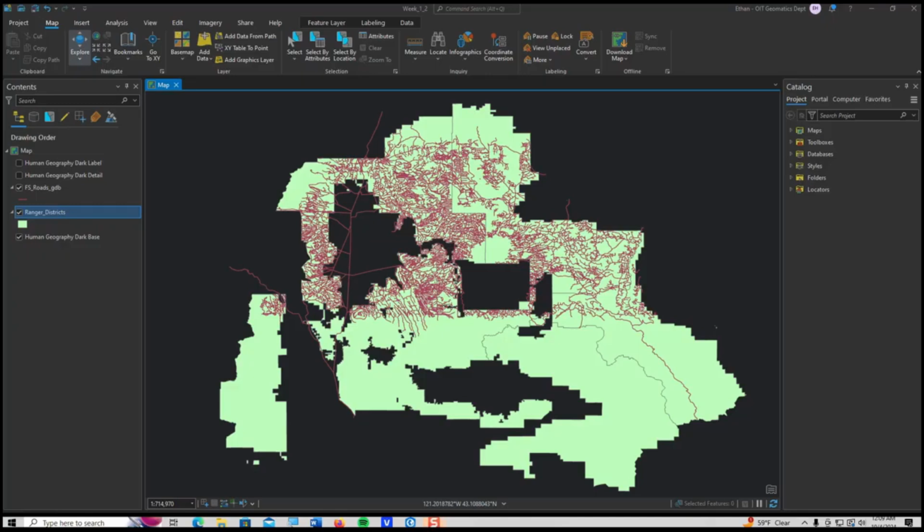Okay, so let's take a look at the other ways to select features, numbers 3 and 4. And those are up here under the Map tab. And they are